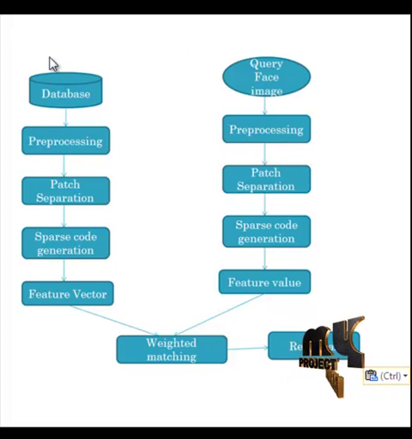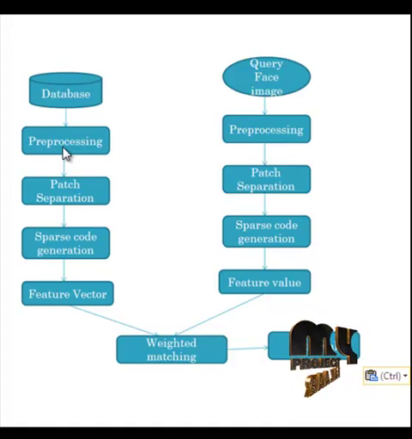In the training stage, we give the whole database of images to the process. Initially the whole database images are passed to the pre-processing step. In this step, we remove the noise: we first convert the image to gray and then filter the noise from the image. In filtering, we apply a Gaussian filter to our input image. Gaussian filtering is often used to remove noise from the image. After filtering the noise, it goes to the face detection step.